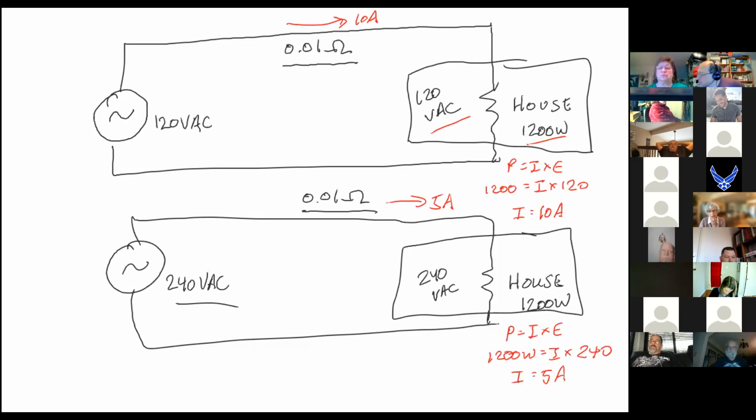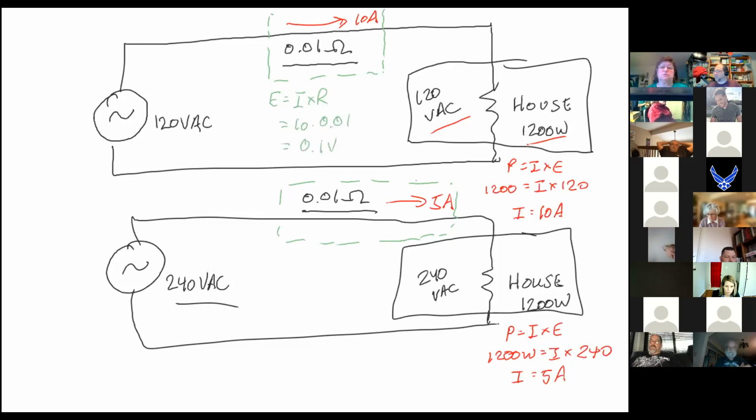What is the voltage drop right here? We're going to assume that this is now a resistor, and this is a resistor. This is the wire. Okay, so for the upper one, we're going to do Ohm's law again. E equals I times R. Well, we have our I is 10 and our R is 0.01, which is equal to 0.1